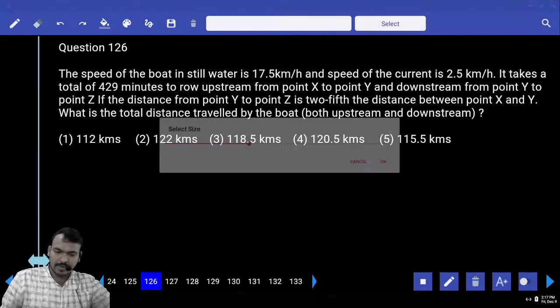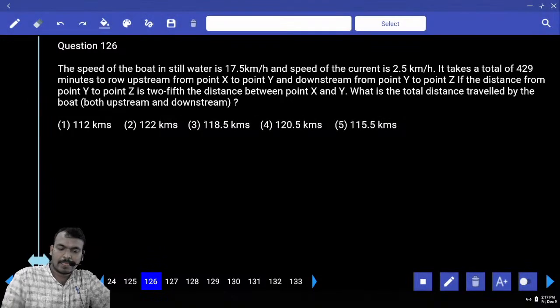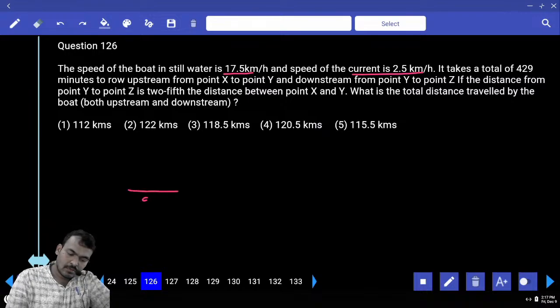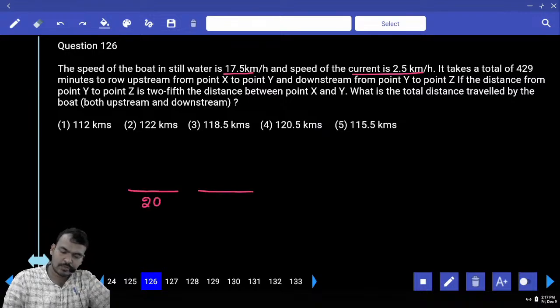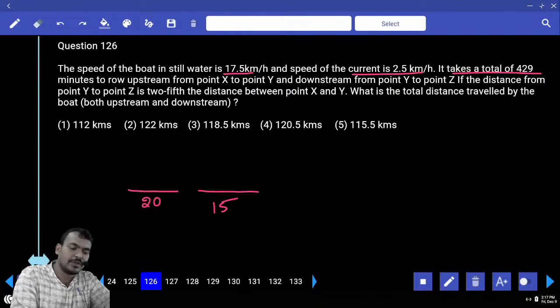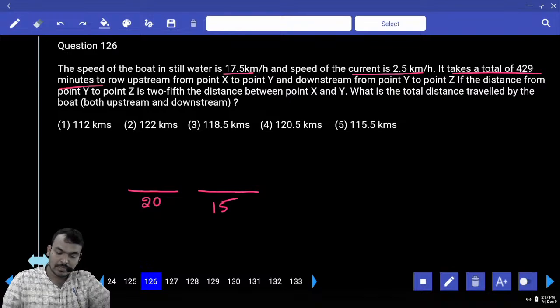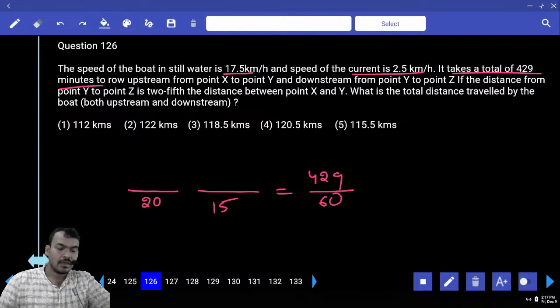Okay. First of all, what is the speed of the boat? 17.5. What is the speed of the current? 2.5. What is the downstream speed? 20 or not? What is the upstream speed? 15 or not? Okay. Next, it takes a total of how many minutes? 429 minutes. Means total time is how many minutes? 429 minutes. 429 by 60 or not? And